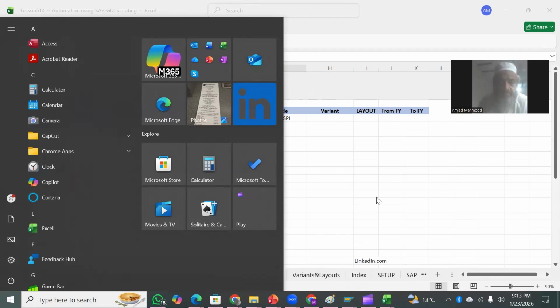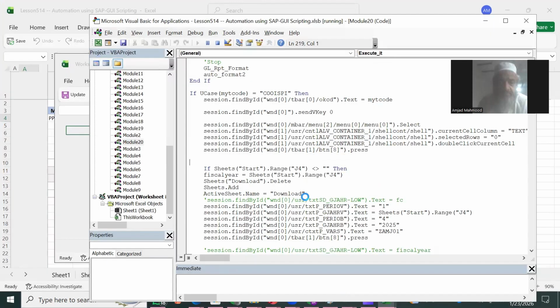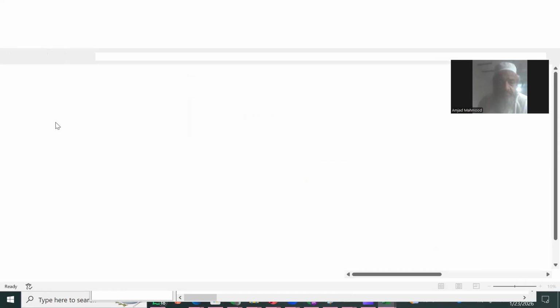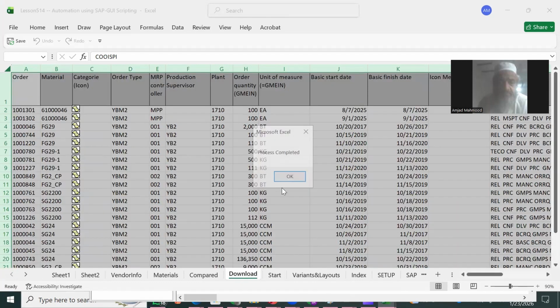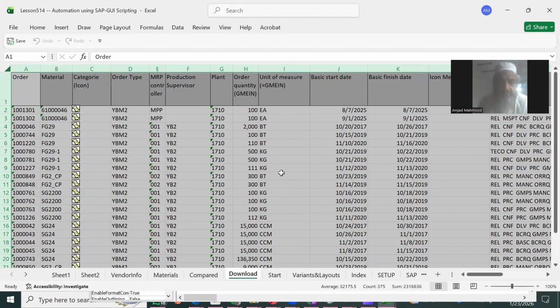Now it is downloading, and it has downloaded, and it is bringing it back into the download sheet with a message, process completed, right? So let's go to the